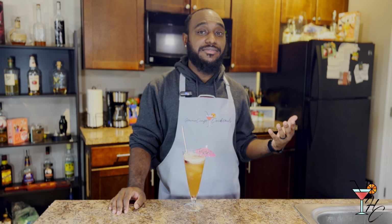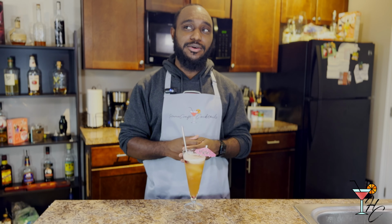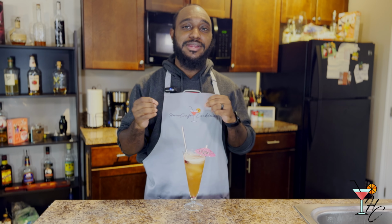This is the first cocktail I've ever made that has cherry liqueur as an ingredient, so it's definitely different. But the uniqueness of this drink is what I like the most about it. You know, it's similar to most tiki cocktails, but it has its own